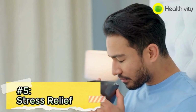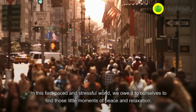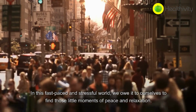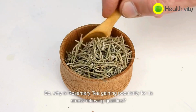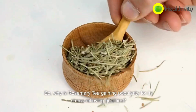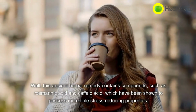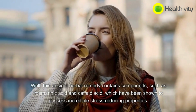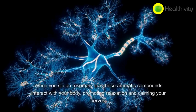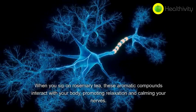Benefit 5. Stress relief. In this fast-paced and stressful world, we owe it to ourselves to find those little moments of peace and relaxation. So why is rosemary tea gaining popularity for its stress-relieving qualities? Well, this ancient herbal remedy contains compounds, such as rosmarinic acid and caffeic acid, which have been shown to possess incredible stress-reducing properties. When you sip on rosemary tea, these aromatic compounds interact with your body, promoting relaxation and calming